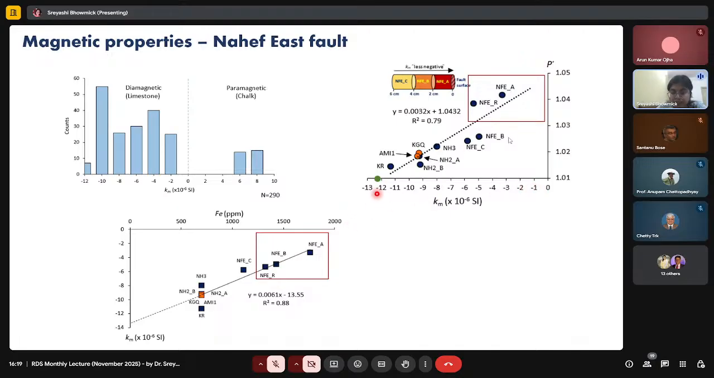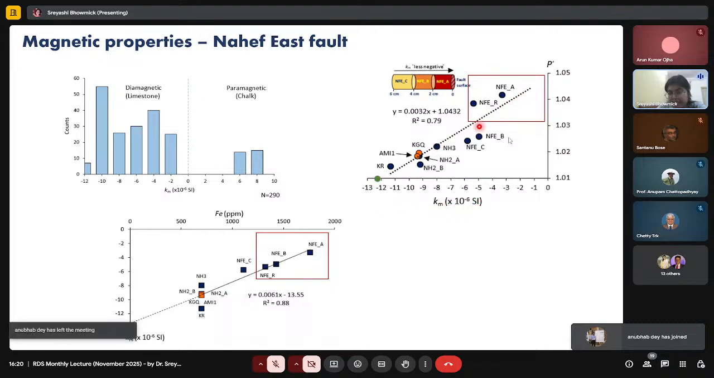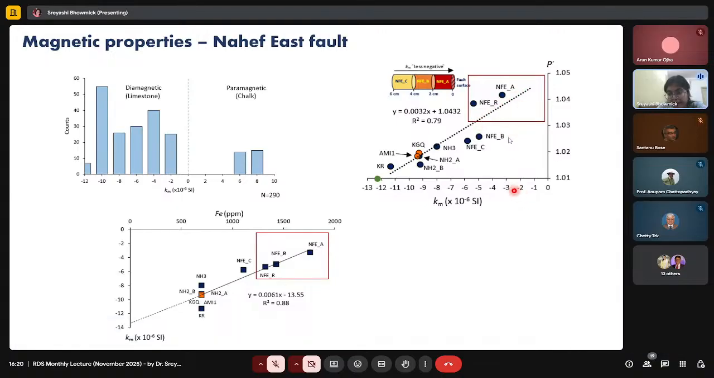So for a pure undeformed calcite grain, the bulk susceptibility value is somewhere between -11 to -13 × 10^-6 SI. But here we can see that as we approach the fault surface, it increases to close to -2 to -3 × 10^-6 SI. Now, this indicates that there must be some sort of iron enrichment along the fault surface, which is causing this